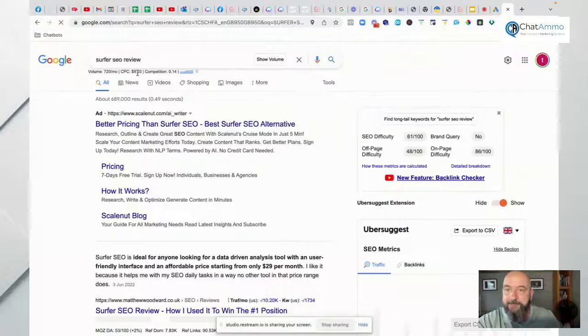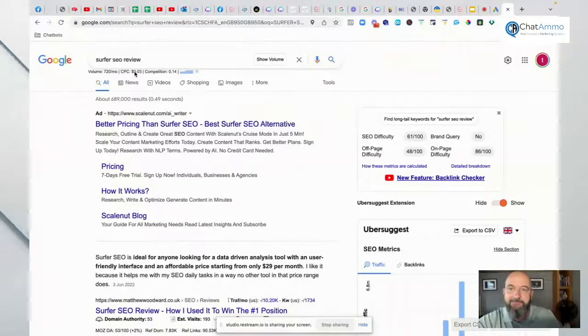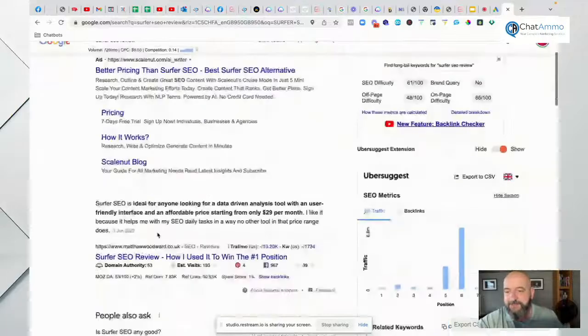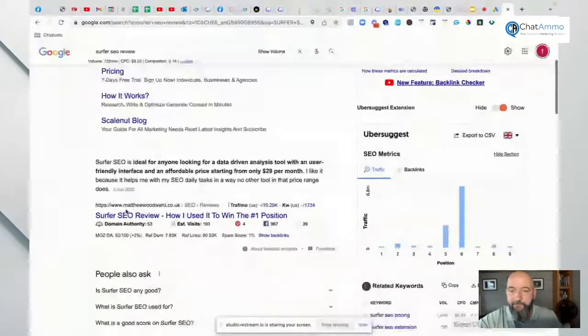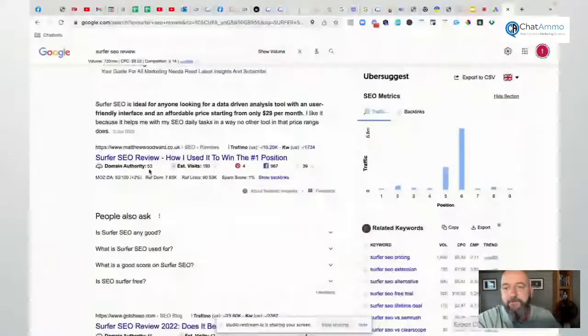The only ad out there, so still per conversion is $9.03, it's not by the time we get the whole thing done. Search volume is 720 searches per month. I'm very surprised that Surfer isn't advertising on this one, and they should be with that sort of traffic coming through. And as you can see, there's a clip here, right? But these are the important parts that we're looking for.